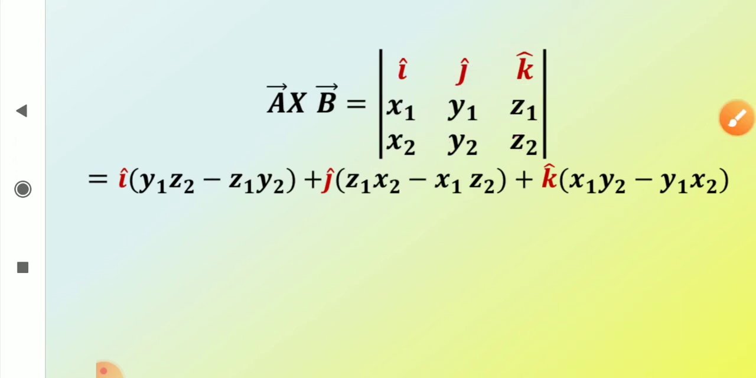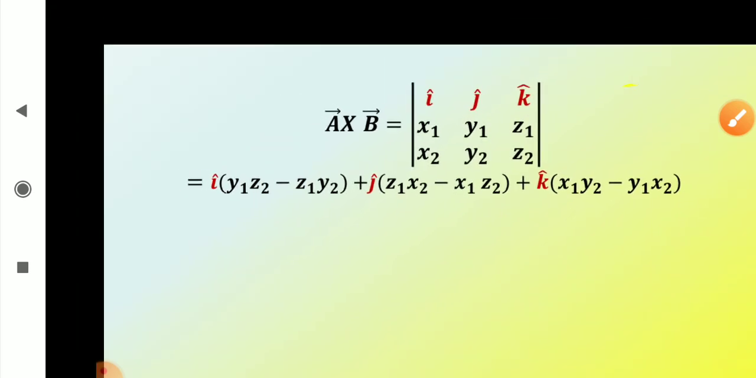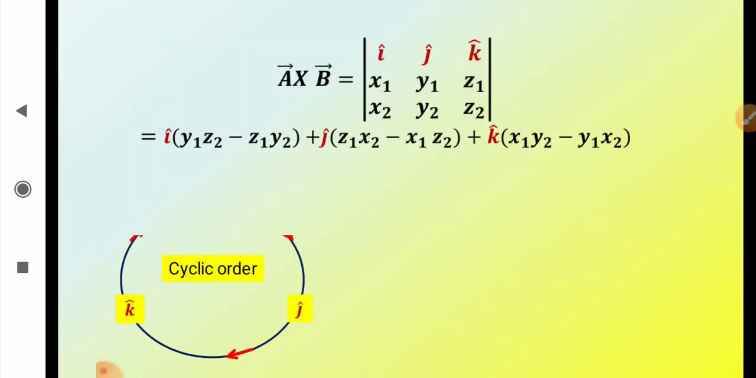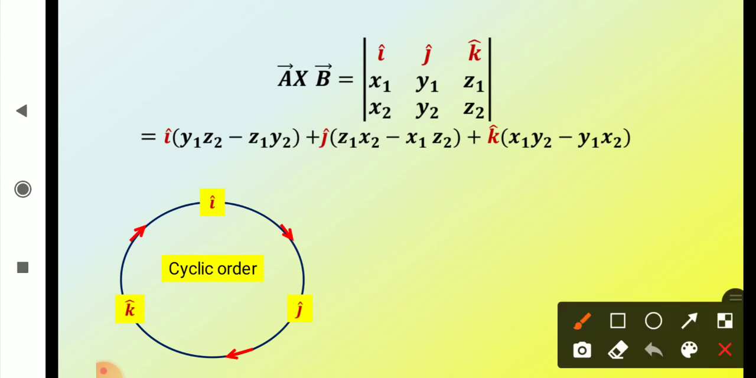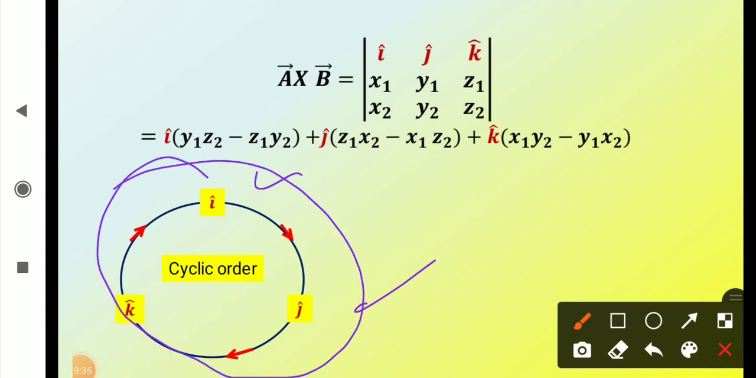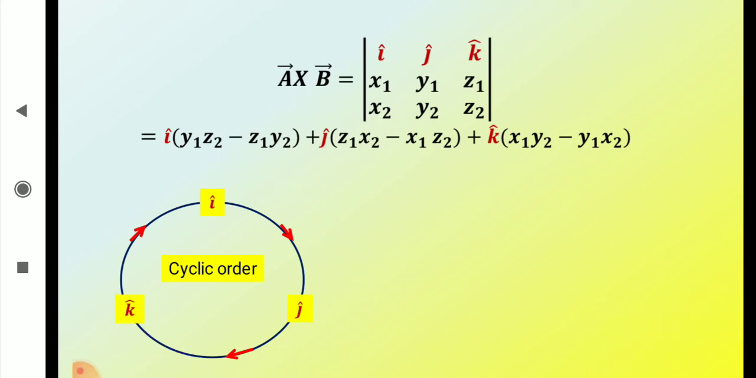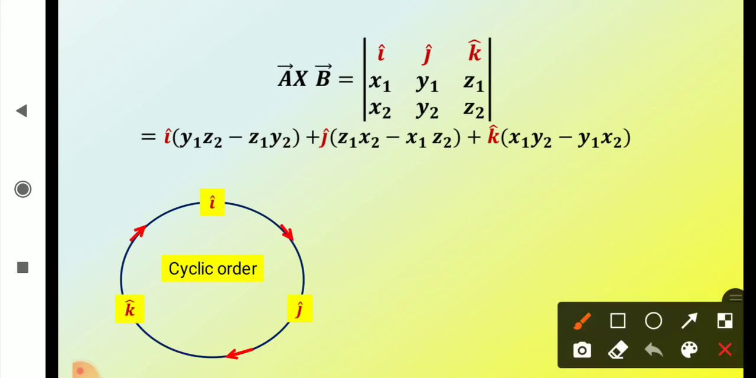So this is called determinant, and it is very easy to solve and easy to remember also, right? And one more easy way I'll tell you how to remember the sequence. See, if I take i, j, k in cyclic order, you see, I have taken clockwise. So how do we read it? I can say that i cross j is equal to k, j cross k is equal to i, k cross i is equal to j. So when you move